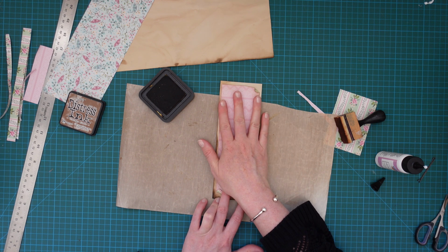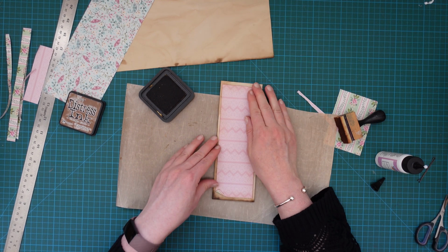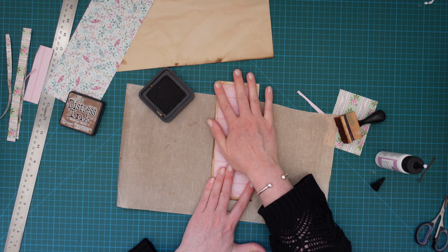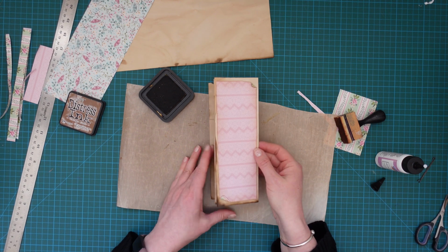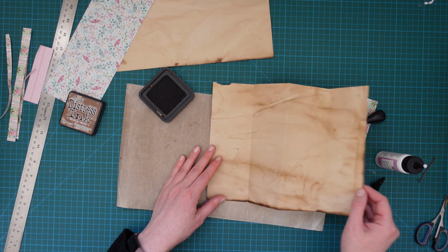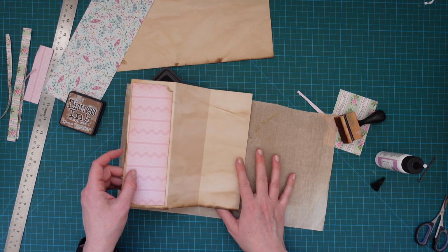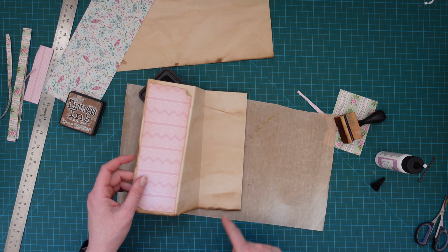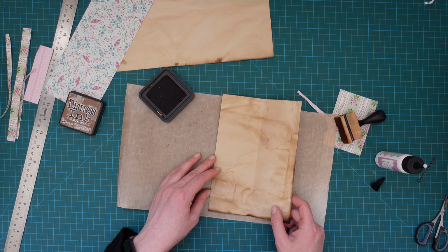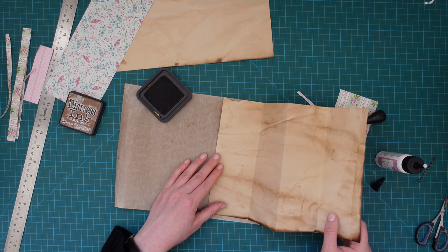Right, so I'm going to smooth that down on top, so that straight away gives us a coordinated surface to go on the page. And then when that opens out, we're going to have this lovely cover effect, and it'll also open that way, so you'll have some writing space there. You can open it like a little backwards booklet,